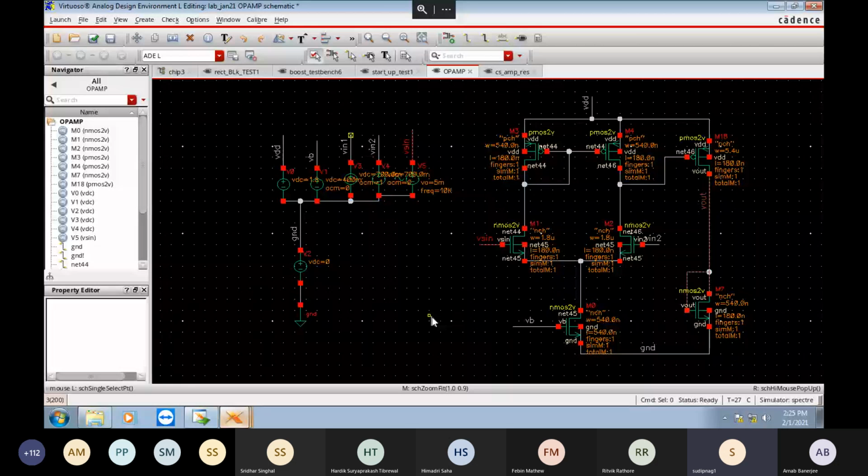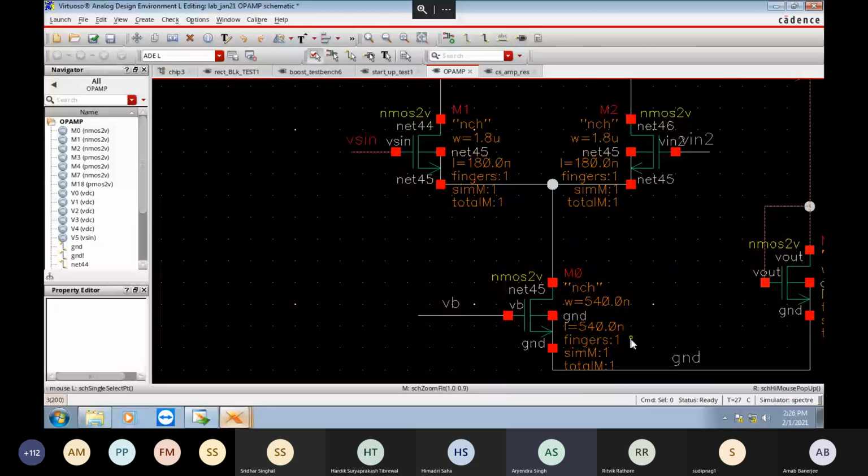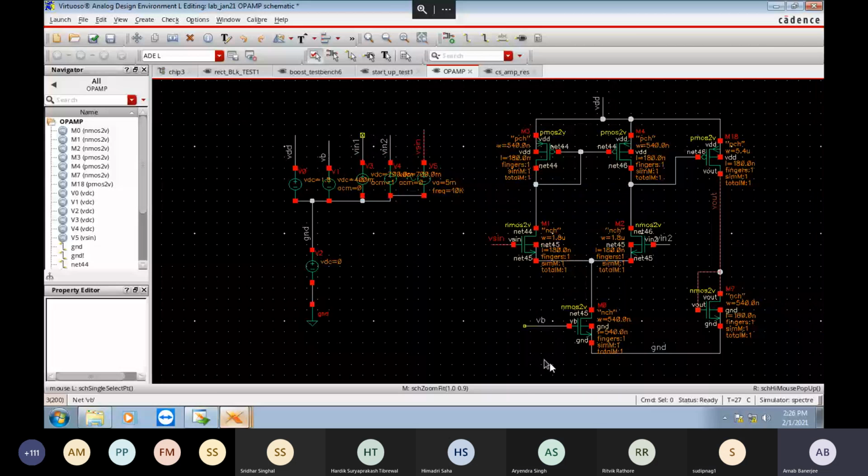Yes. Lower NMOS 2V, so that has like a length of 540 nanometer or what? I don't think I can see it clearly. Yeah, it's 540. And why is W by L 1 in this, and the others we have kept W by L like 10 or something, right? No, this is for biasing. It will just provide you the current for this differential amplifier. Based on the current requirements you have, you can change this.